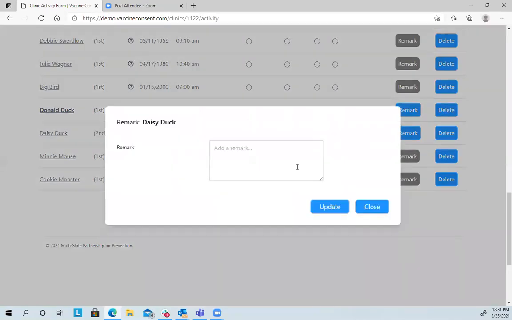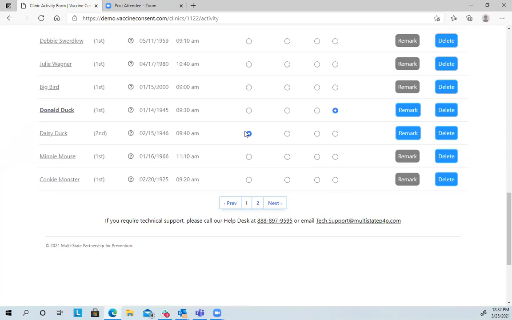So I may want to put a remark in here. Didn't receive an earlier dose. Now, in your IIS, it would note that anyway, right? Because if she'd had a previous dose, it would show in the IIS. I'm going to go ahead and update that. This message is only saved within PrepMod. Okay? So just something good to know there. You cannot add remarks for the other buttons here, just under vaccinated.